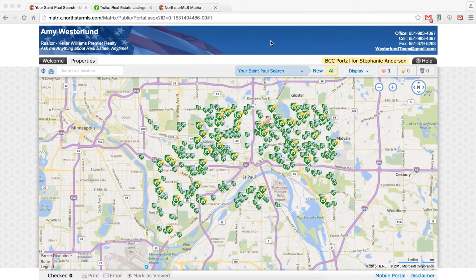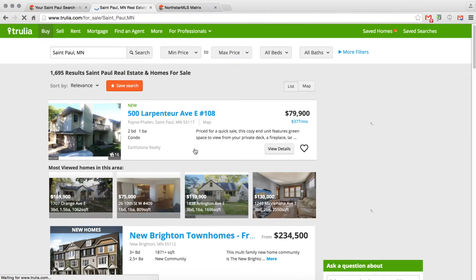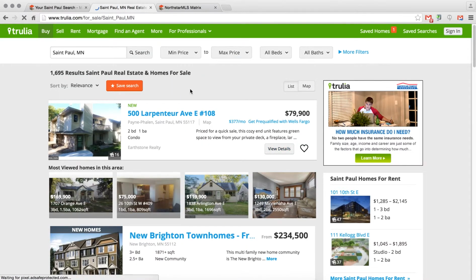So let's go ahead and I'll show you an example of this in real time. So let's go to Trulia.com. We're going to be focusing on St. Paul, Minnesota. So I'm going to go ahead and search here. And as you can see in St. Paul, I have